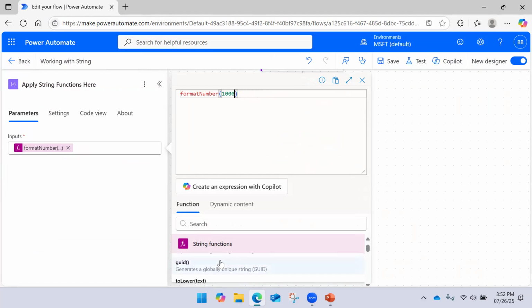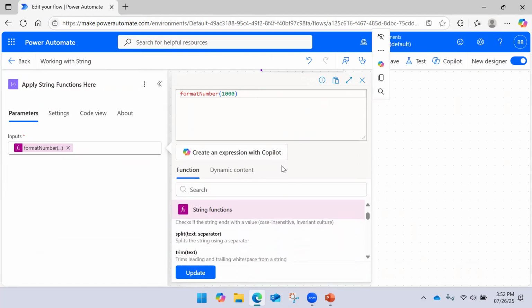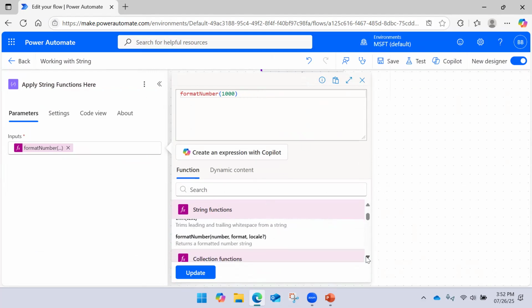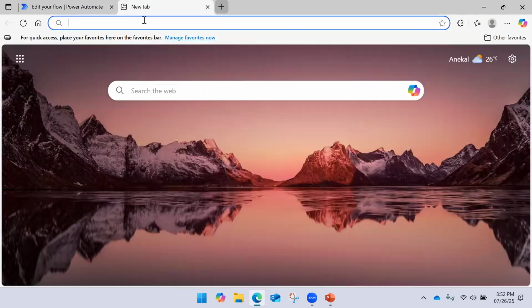So the function arguments are number and format. I need to see what kind of arguments should be passed.